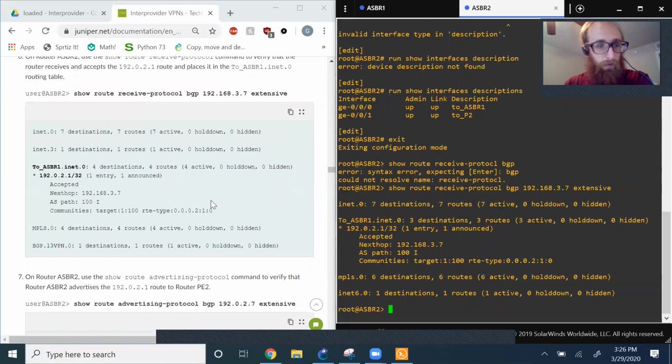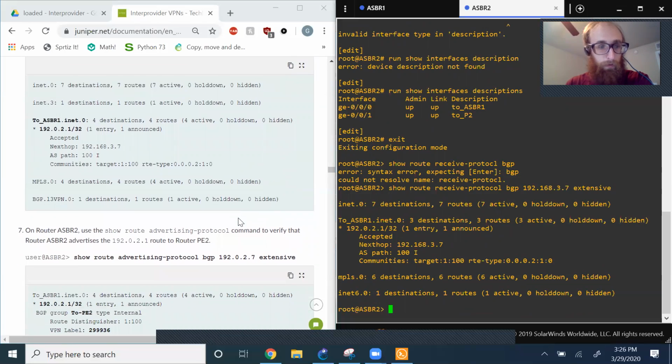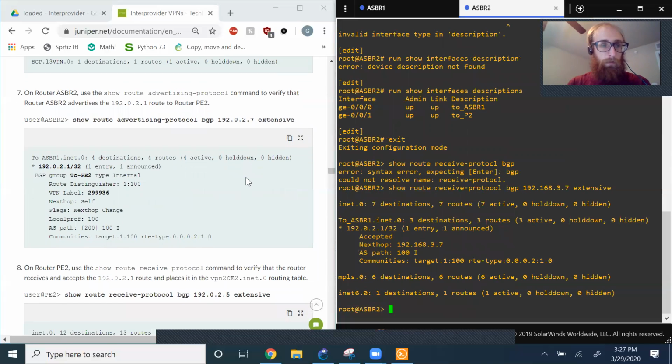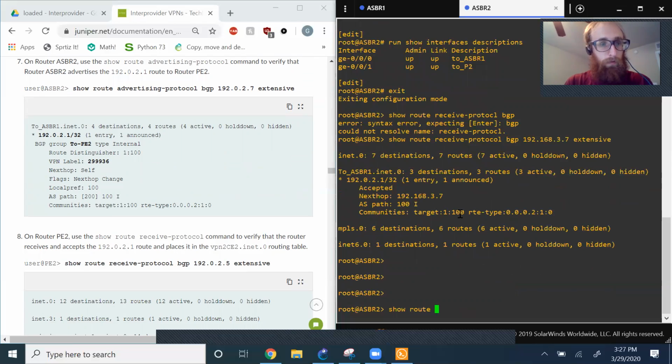Hopefully everything here looks great. Yep, everything looks good here. So it's accepted. It's got the next hop. So now let's do the next command, show route advertising protocol BGP